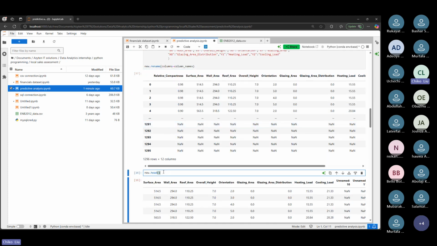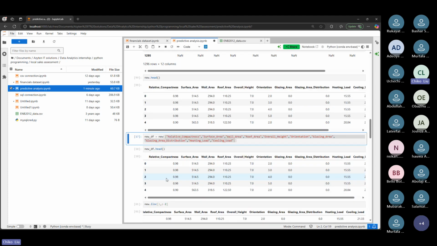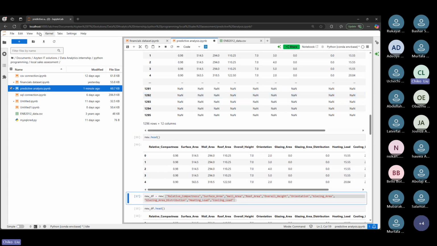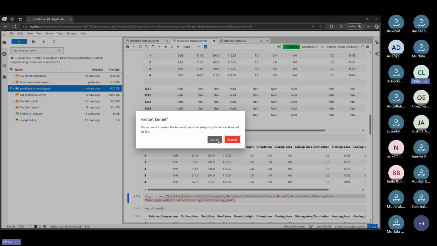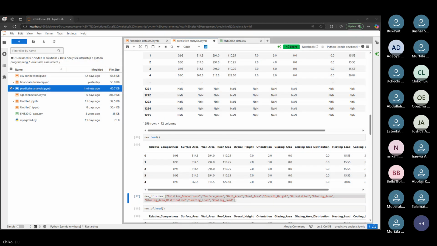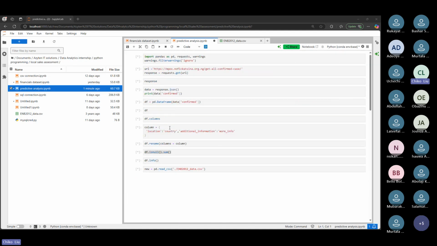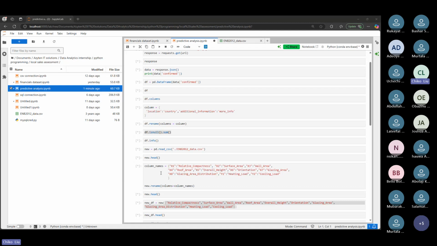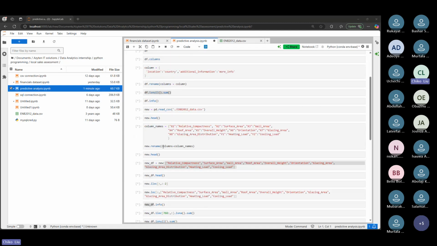But if I say new dot head, it's still going to go back to the old one. Okay, sorry. Let me just restart and run my cells again. It's supposed to give me the x1, x2 like that. I think this is where I am. Yeah, this is where I am. So it's supposed to give me